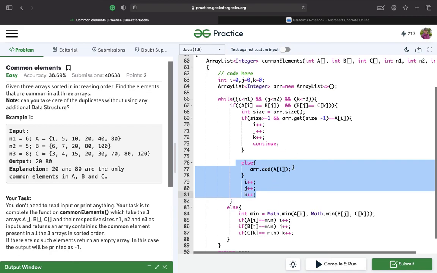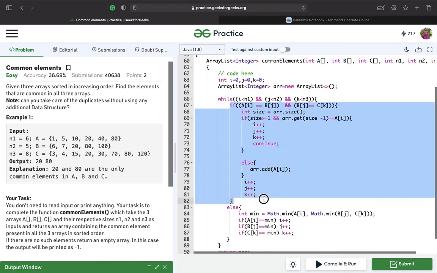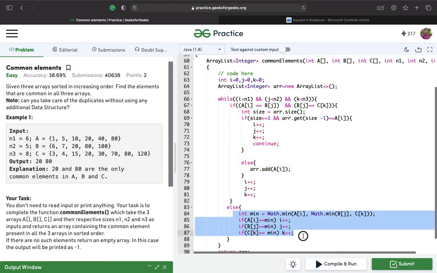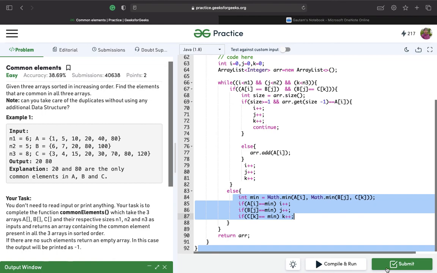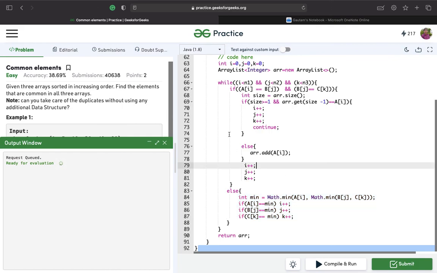And if that's not the case, we simply add it and increment. If the pointer elements are not equal, we check the minimum of them and increment the counter accordingly. So that's how it worked. We need to submit it now. I guess that will work.